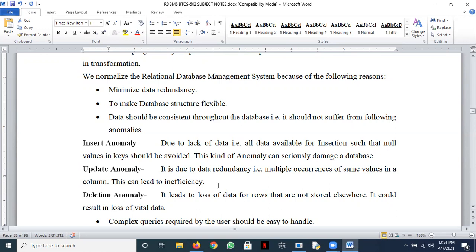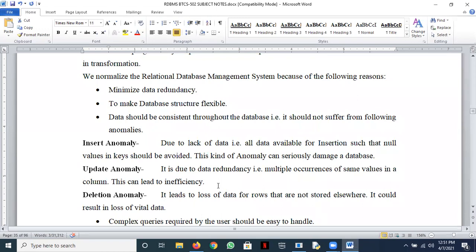Okay, so what is the insert anomaly? Insert anomaly is that due to lack of data, we should not be inserting null values in keys. Like where we require values but the values are not possible. Then update anomaly is due to data redundancy, that is multiple occurrences of the same values in a column.